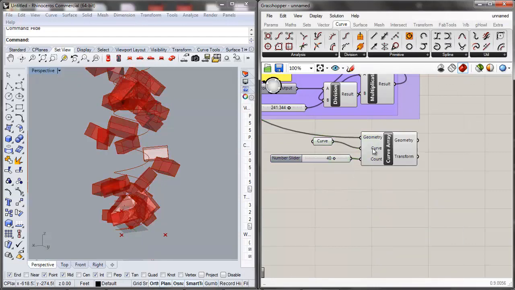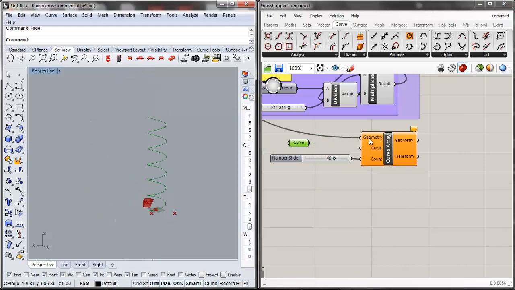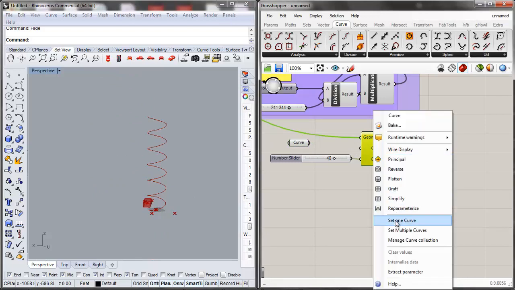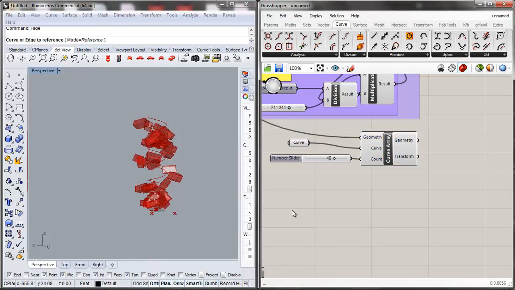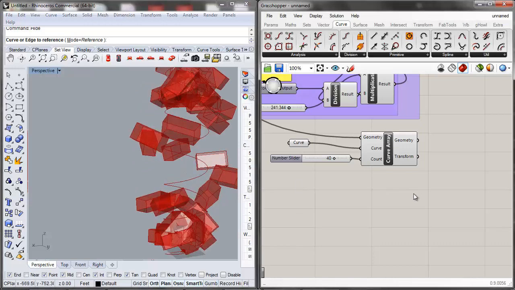You know, if I wanted to set a different curve, right, I can disconnect that, hold down Control and go backwards. And I can just say that I want to set a new curve. And without, yeah, it's going to make me set it. Usually you can draw in the curve too. So that's that. I'm going to group it